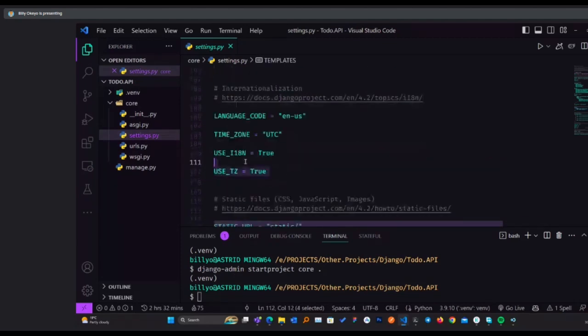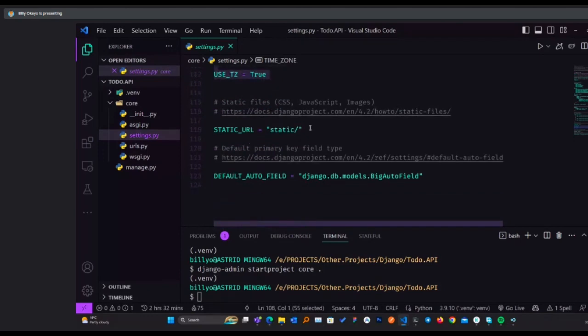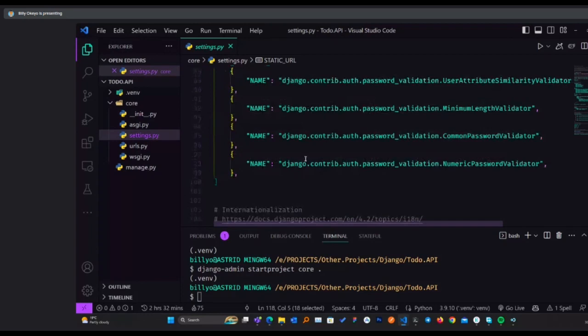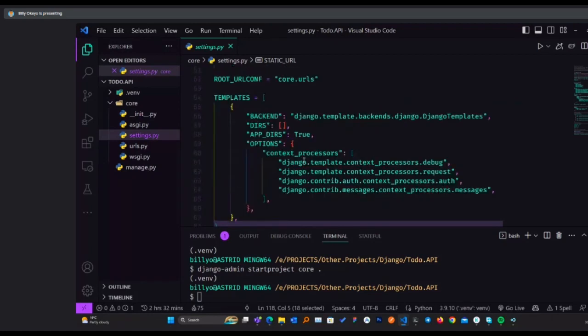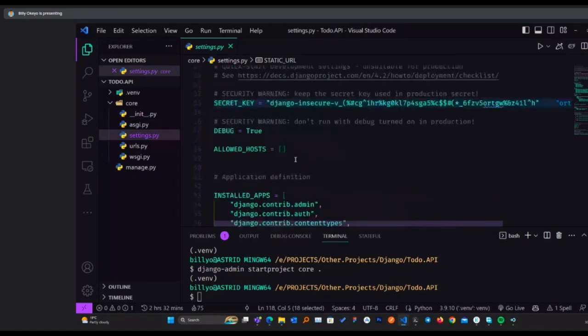We have the language and time zone, and the static URL, for things to do with CSS, JS, images. We have allowed hosts, debug, then the secret key. Also we have installed apps. These are just settings that we need in order to run our application.